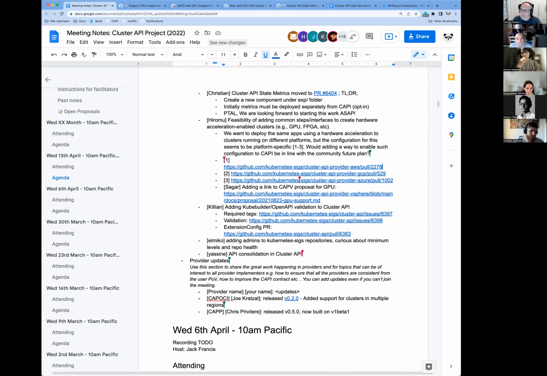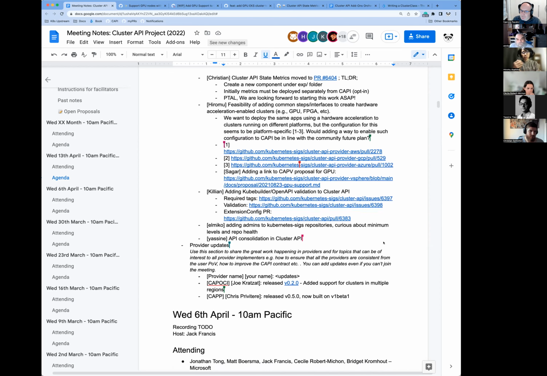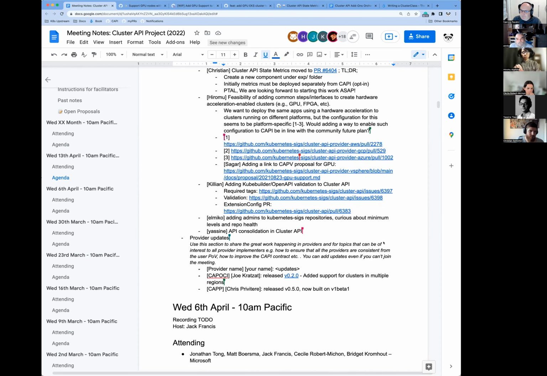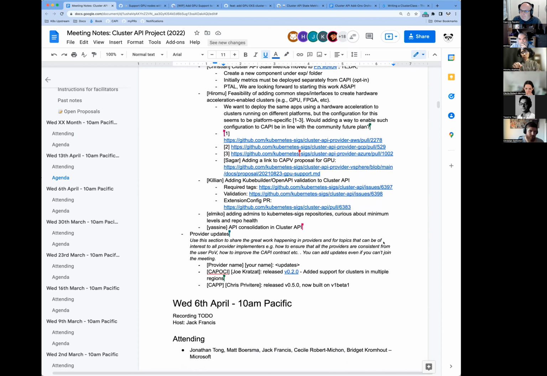So if I suggest adding some common parameters for enabling GPU to ClusterClass, is that reasonable for you? That's the first reaction that I got to your problem. But this is something that we have to explore. So let's open the issue, identify what your requirements are, and move on. Okay, got it. I'll open the issue and please discuss there continuously.